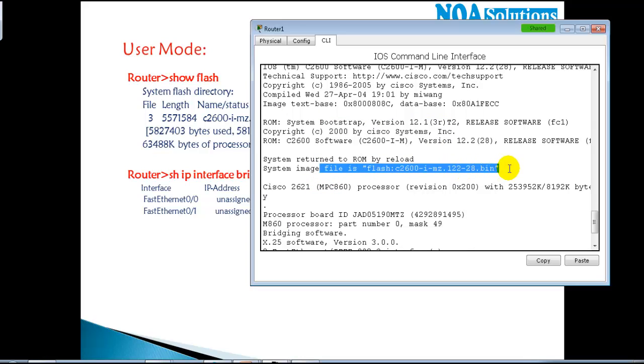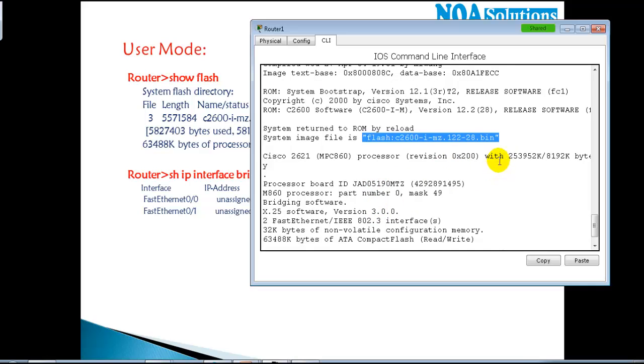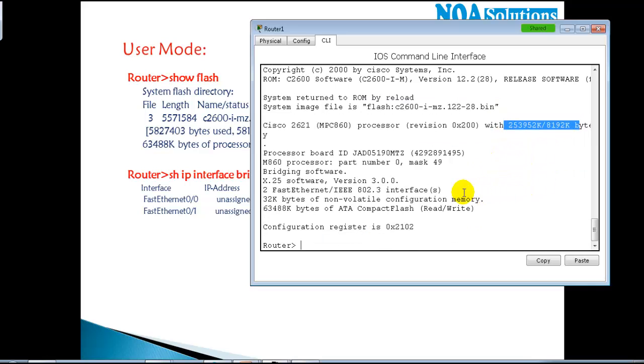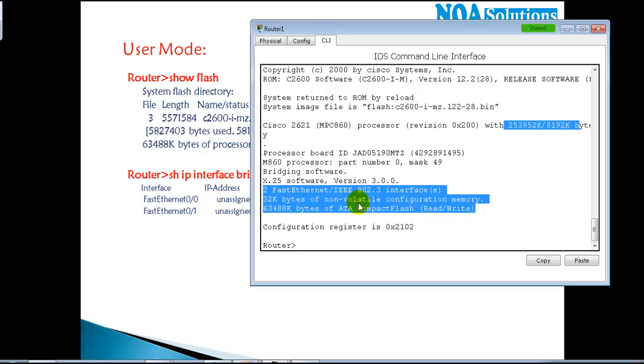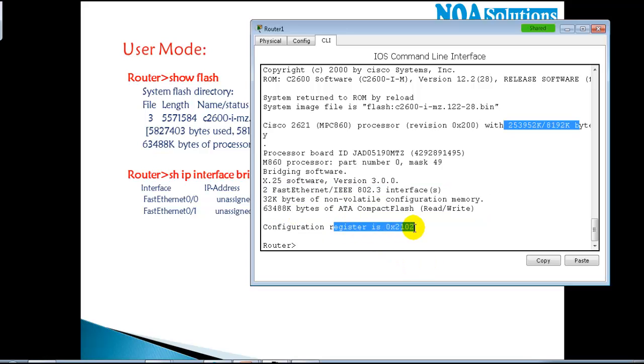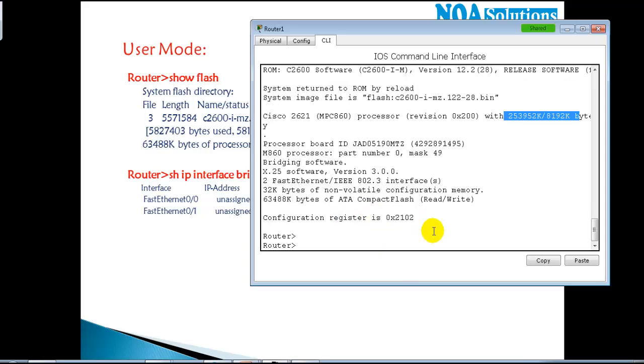And this is your bootstrap version, and what's the platform I'm using here, and then what is the image file from where it has been loaded. It's loaded from the flash. It will show you what is your main memory capacity, and then finally it will show you how many interfaces you have on the router, and what is the NVRAM capacity and what is the flash capacity. And one more information like configuration register file. We'll see this when we get into the password reverting concepts. In that case we generally change this register file. We'll see that more in detail in the password reverting.